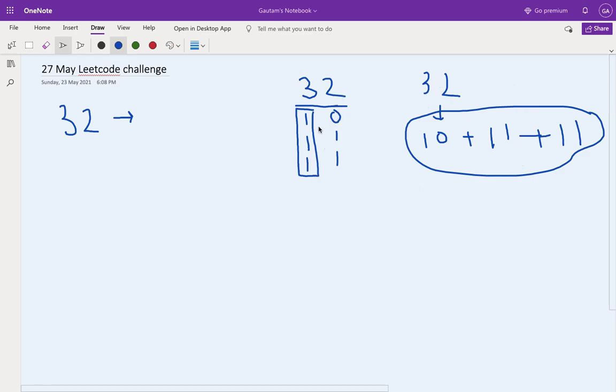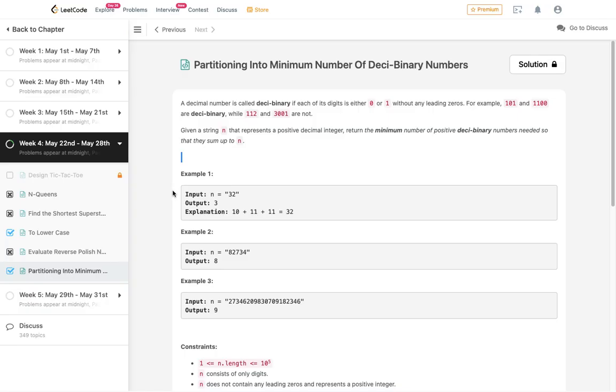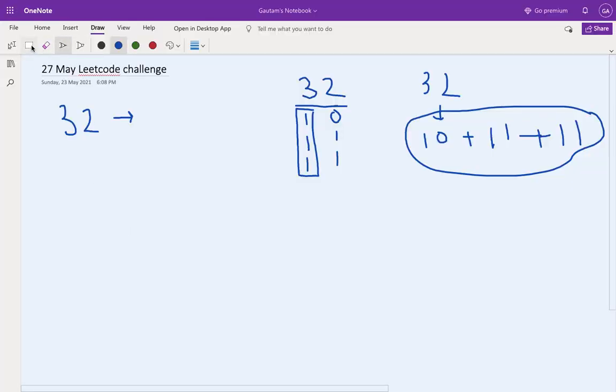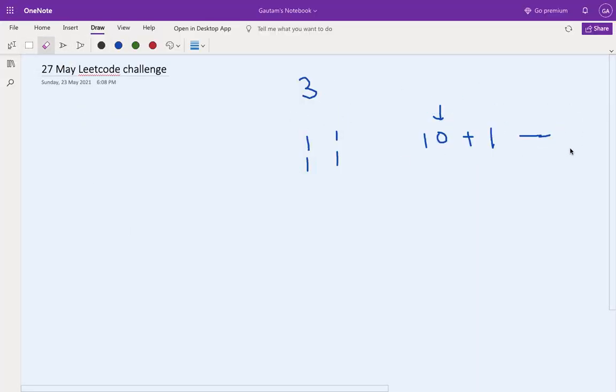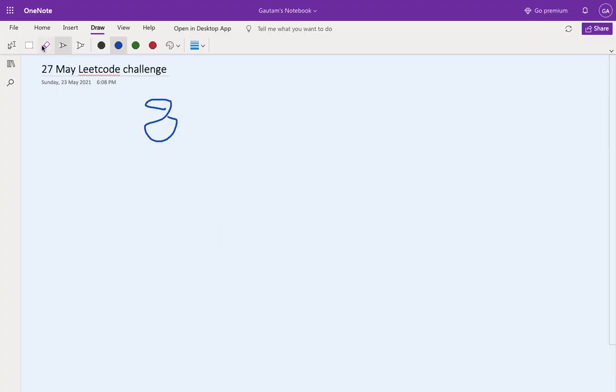Let's take the example 82734. Let's proceed with the units place.